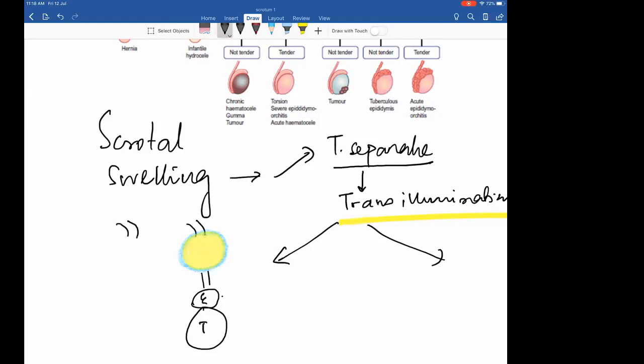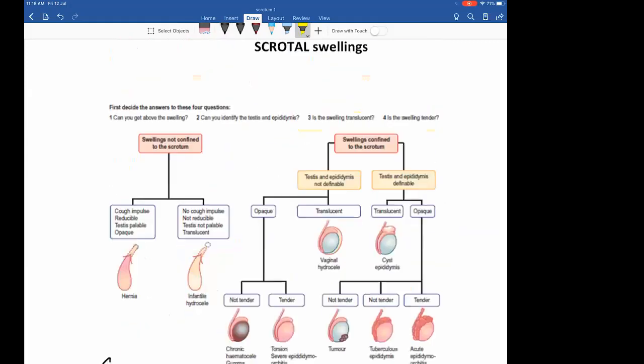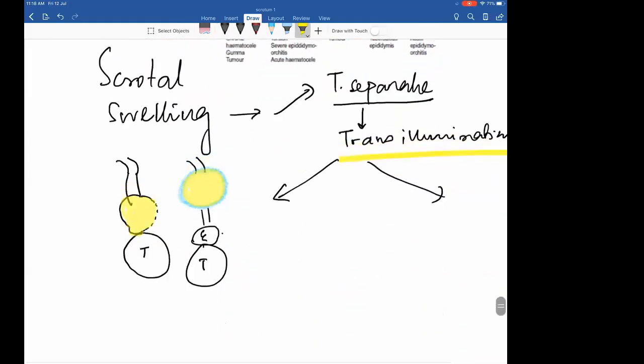Either it is much away from the epididymis, or you could not separate the epididymis from this one, but both of them, remember, appear to be transilluminant. Please see these two pictures. Now, the first picture that I have shown is something called an encysted